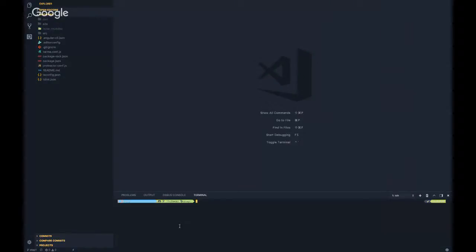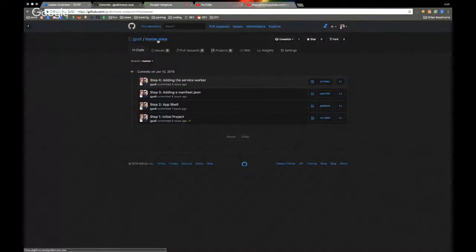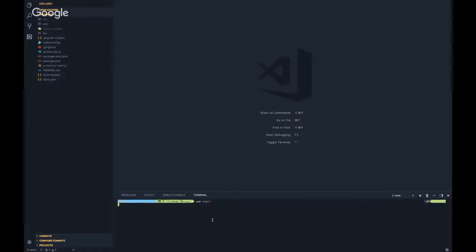I'm going to go ahead and just start him up. So I checked out my branch. For those of you that want to follow at home, it's just under GitHub, and it's called meow-pwa under my GitHub, Godi. And then I have 4 commits on here for the 4 steps we're going to do, and each one is a tag. So I clone the repository, and then you can do git checkout tag 1 or step 1, and this will check out the initial project before we add some of the steps to make our application a progressive web app. So let's just do an npm start, which runs ngServe,